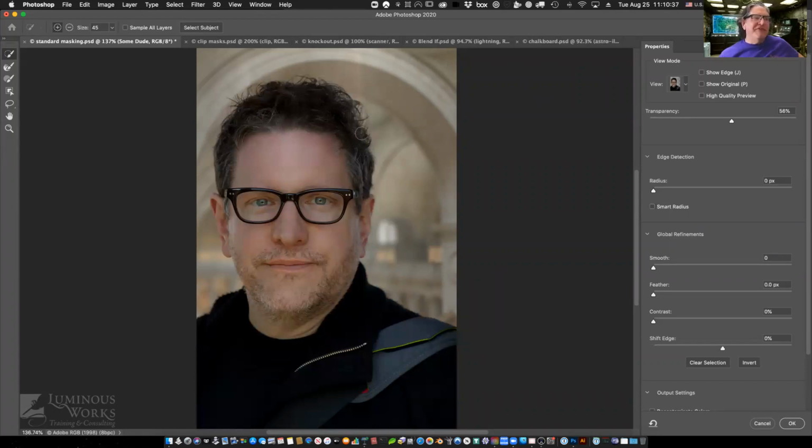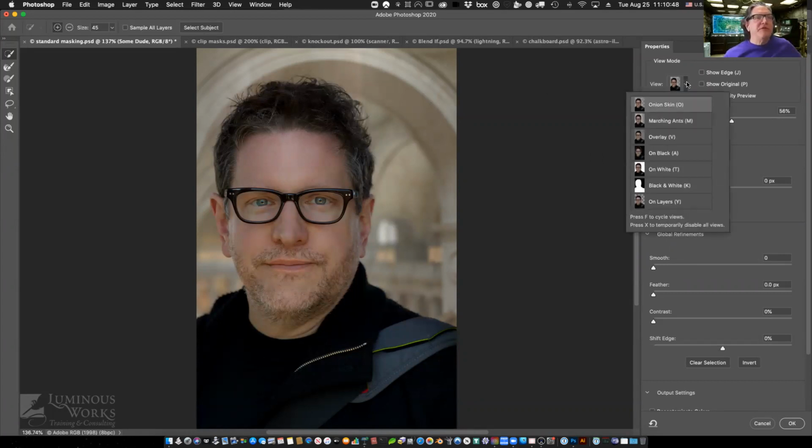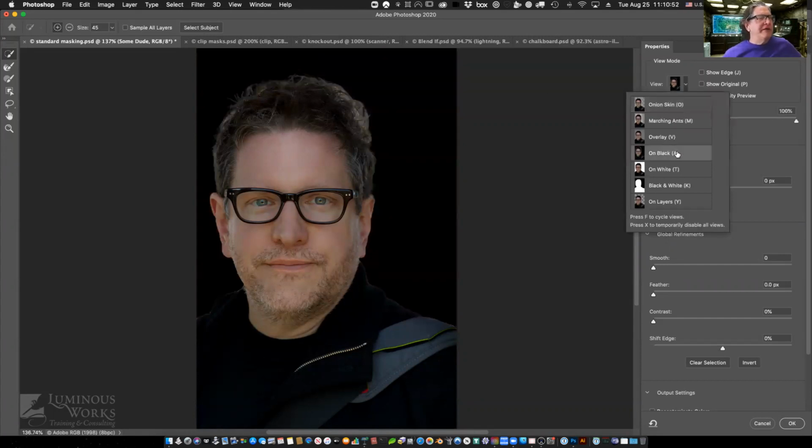It's got a fairly good look at that hair. The edges of that wool jacket are nice and fuzzy, pretty much, I think, but we need to be sure. So let me have a look at different views here instead of onion skin. Maybe I'll view this on black. And I can see it's not perfect, but true. If you were in an awful hurry, Select Subject,